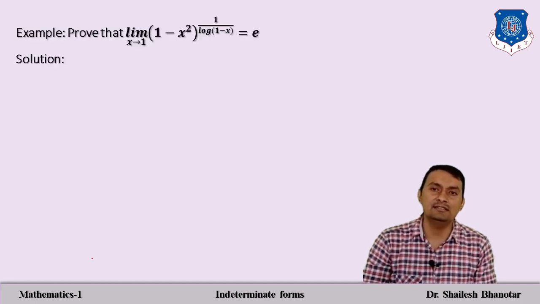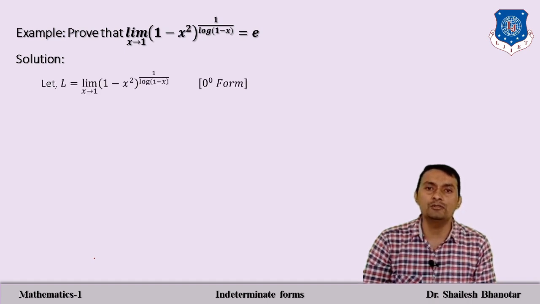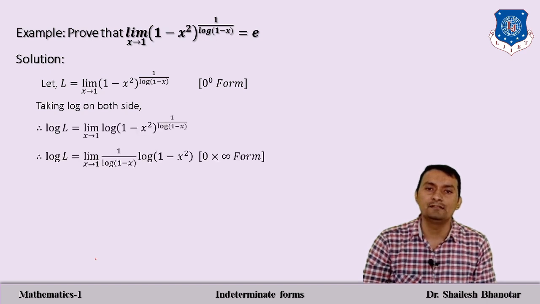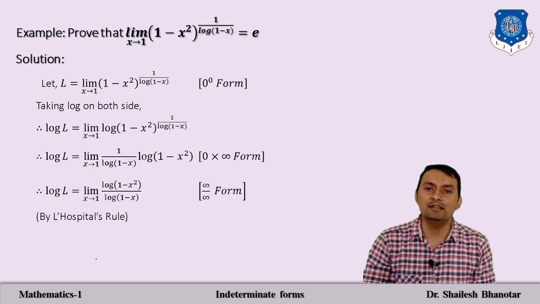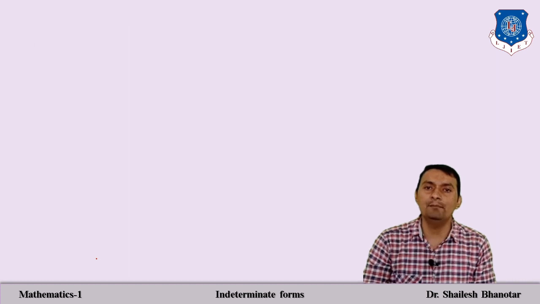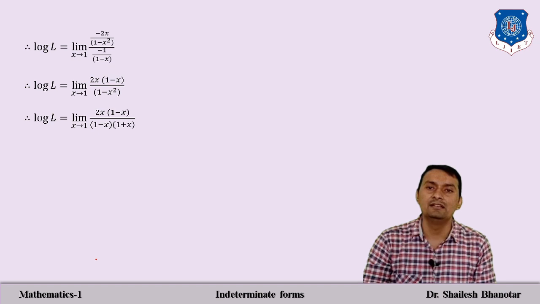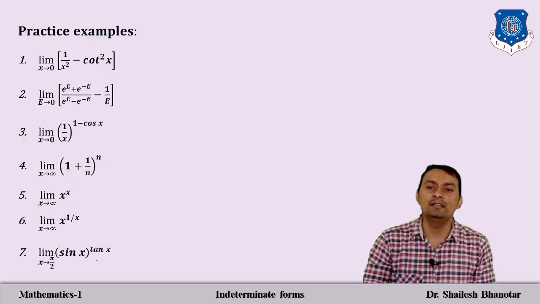Now this is another question. So again you can see each and every step; I'm not going to discuss in detail. Just take log on both sides, then convert to 0 by 0, otherwise infinite by infinite form. Apply L'Hopital's rule and you will get this form. And after simplifying, whenever it is required, just use the factorization form and you will get the answer 2 by 2, that is 1. Log L is equal to 1, and don't forget to take the antilog, so you will get L is equal to e raised to 1.